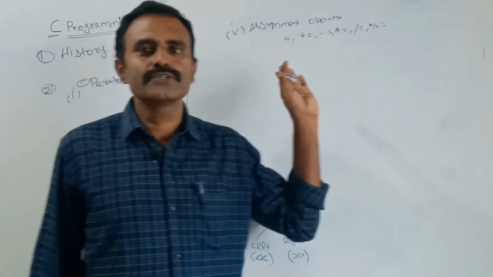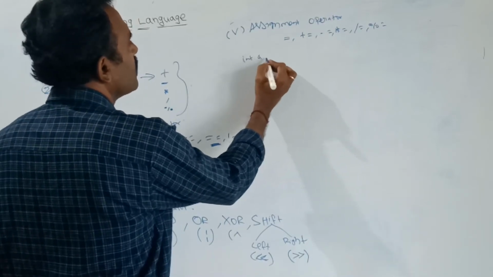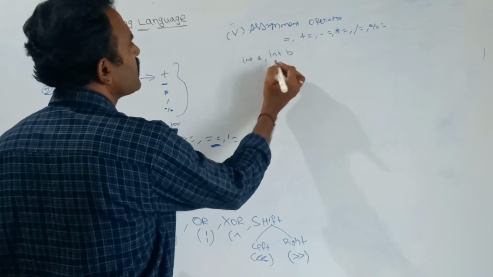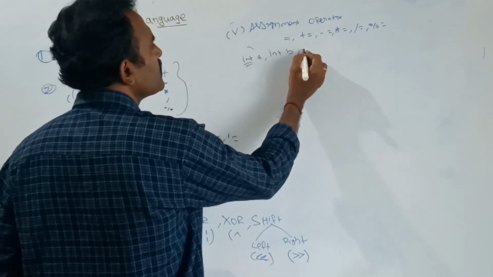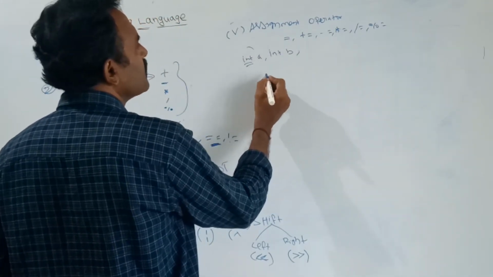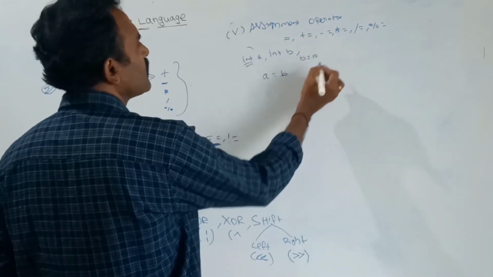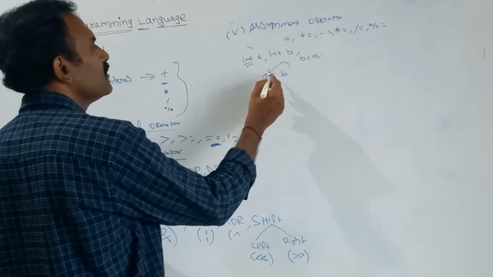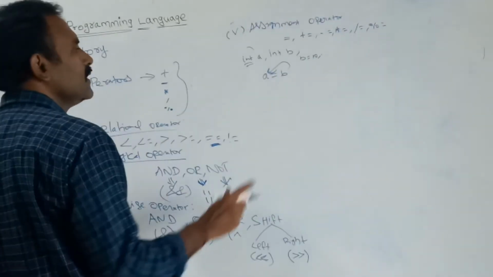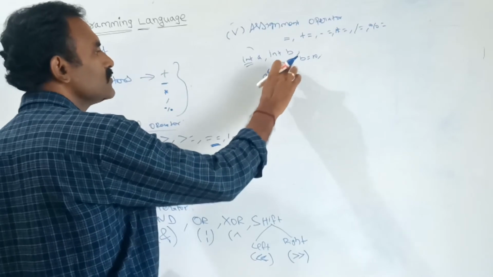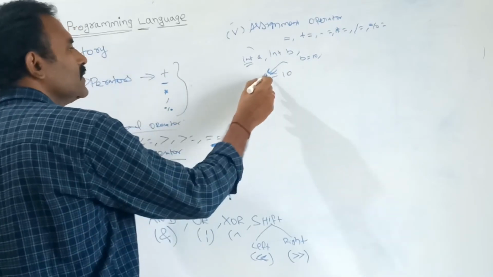The first symbol is used to assign. Suppose integer a and integer b are there. For what purpose are you using integer? You are using it to store number values. Suppose I am storing a is equal to b, where b is equal to 10, for example. By help of this assignment operator, equal to, I am assigning the value of b to a, or otherwise we can directly give the number also. Suppose a is equal to 10, this integer value will be stored directly in the variable a.